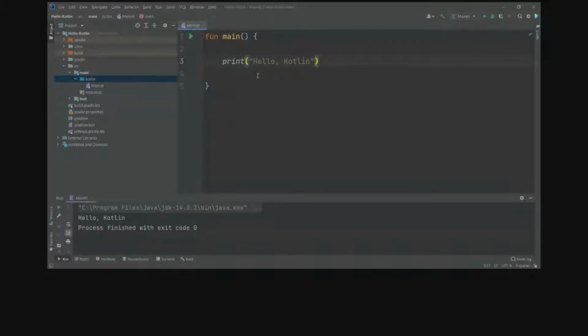So this is your first line of Kotlin. Okay. Now, I have a question. What if you want to print another line of, let's say, "Hello World"? How will you print? Suppose I want to use two print statements and I want to print hello world.